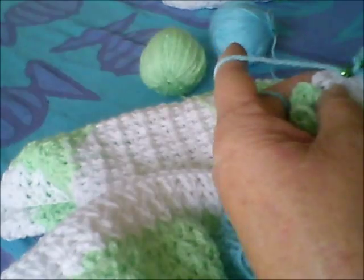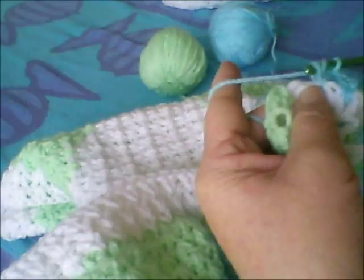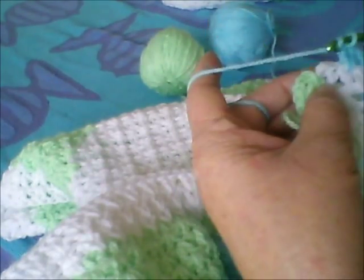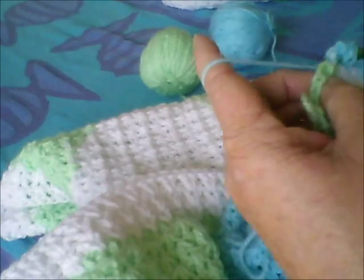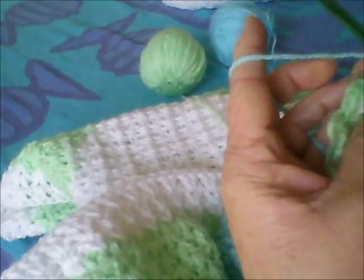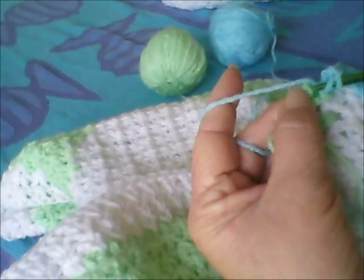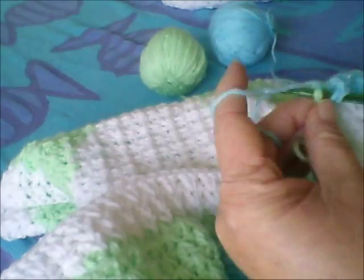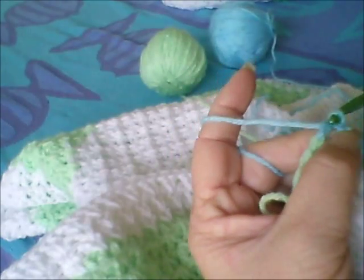Okay, so we would be coming back to that beginning corner, and in this beginning corner we will have already had half of the shell, and that would be the 2 doubles. So we're going to do 2 doubles, and then we will do a chain 1, and then in the top of the very first chain 3 we're going to do a half double crochet, and that positions you back at the center of the corner,